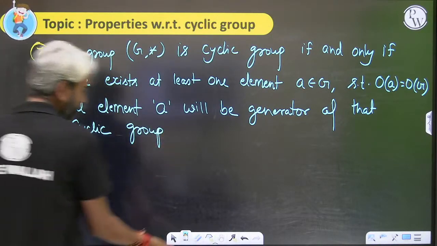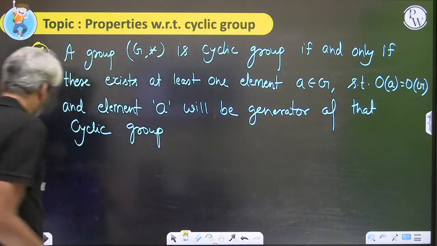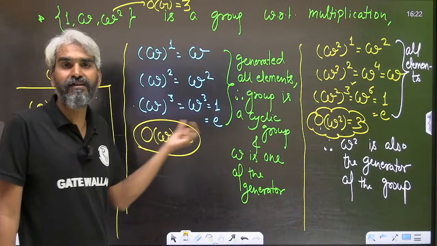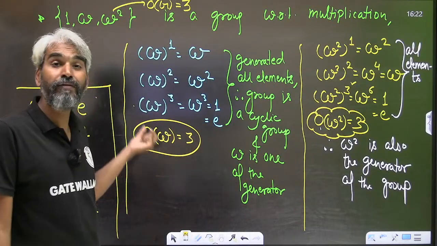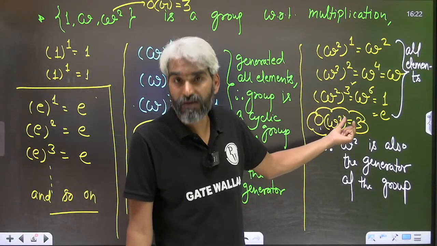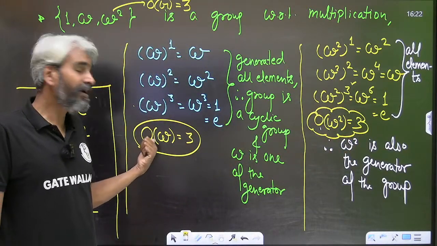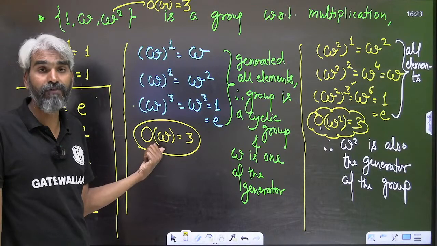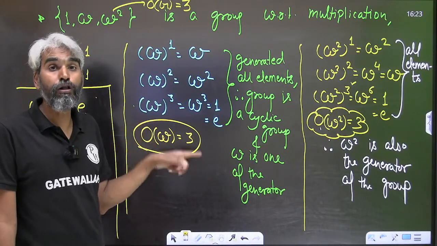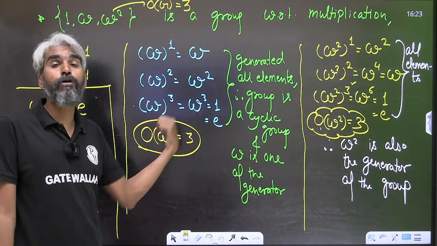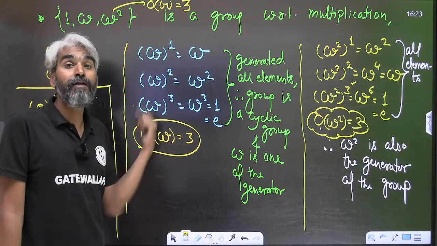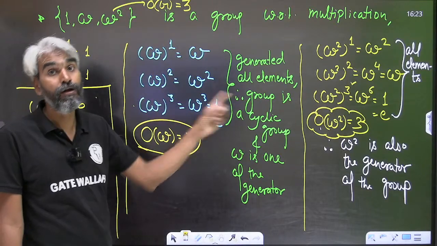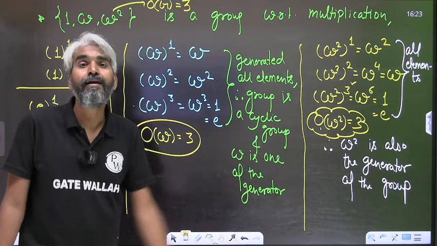One more point we understand: if omega is the generator of the group, then the order of omega will be exactly the same as the order of its inverse. So if the order of omega is 3, the same as the order of the group, then omega is a generator. And we know the inverse of omega will also have the same order as omega. That means the inverse of omega will also have the same order as the order of the group. Therefore, the inverse of omega will also be the generator